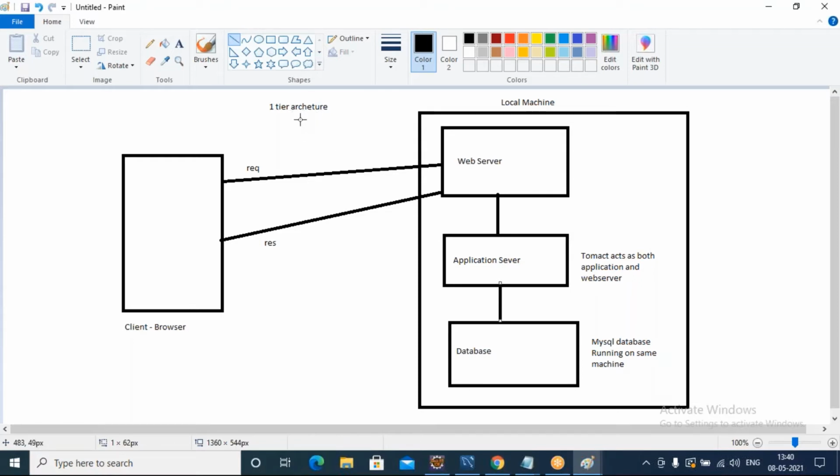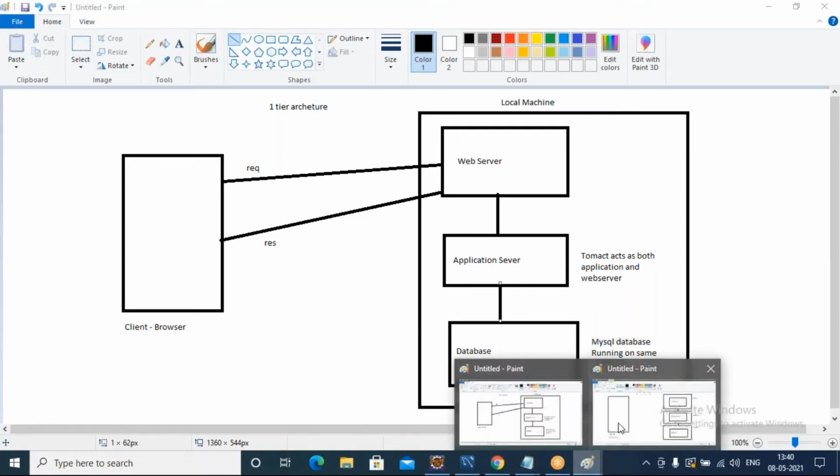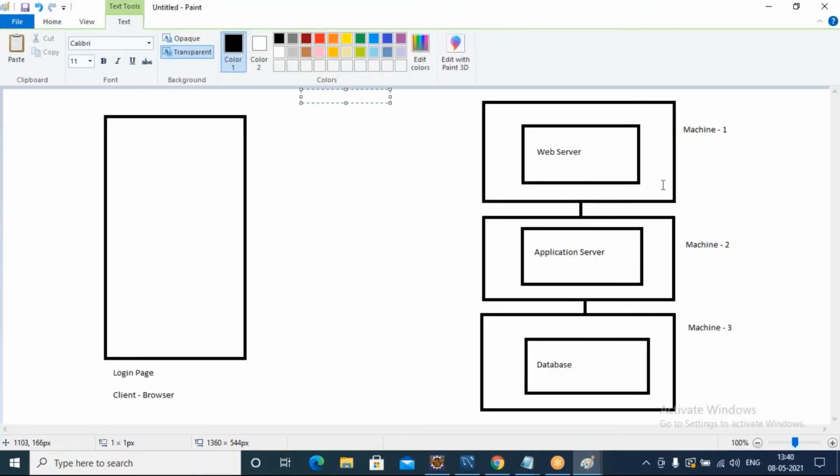Why? Because all these three servers are running on a single platform, a single machine. Currently that is how we have done the setup. But in a three-tier architecture, different machines are responsible for performing individual tasks.